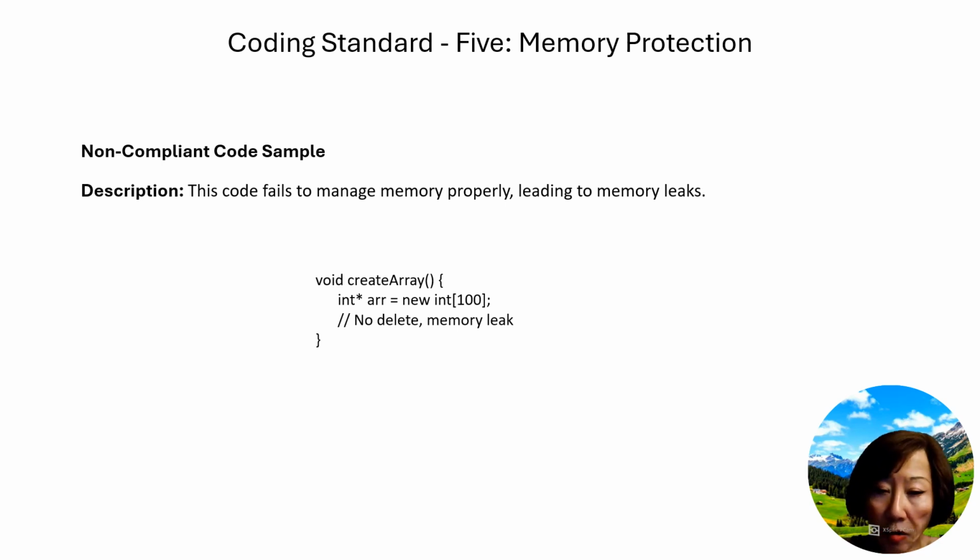But simplicity is beauty, so let's take a look at it. This is really just telling you these 2 lines of code fail to manage memory properly because they are not cleaning the newly allocated memory after it's allocated, and it's leading to memory leaks. You are using the new keyword to allocate 100 integers to an integer array called ARR, and then you did